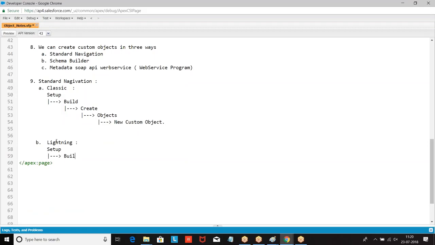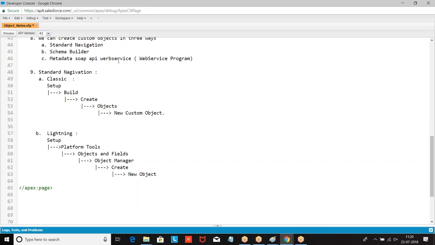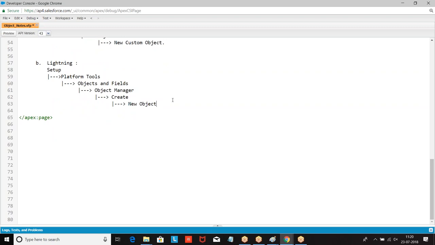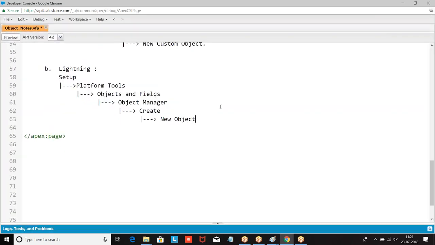Sorry, we made a mistake. The navigation is: Setup, Platform Tools, Objects and Fields, Object Manager, Create New Object. This is how we create.